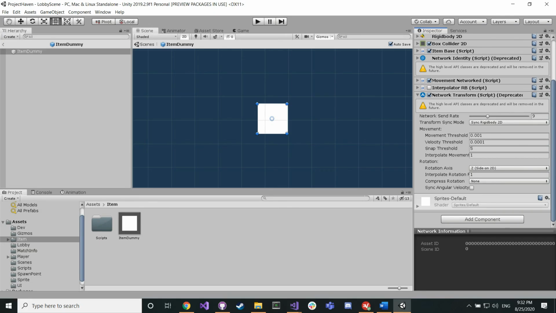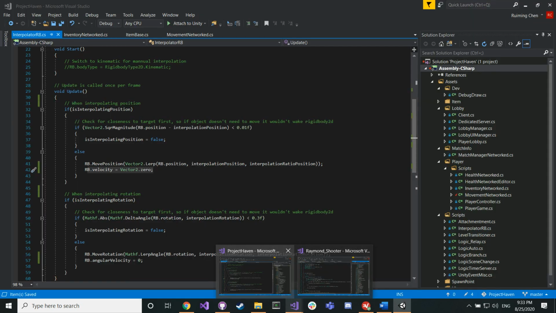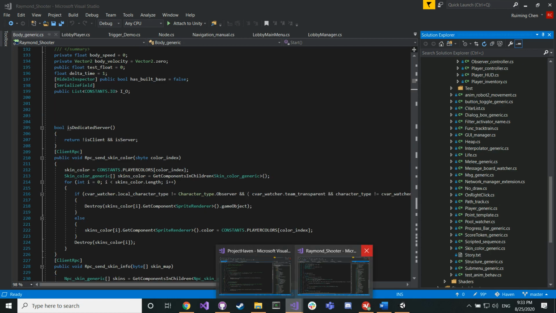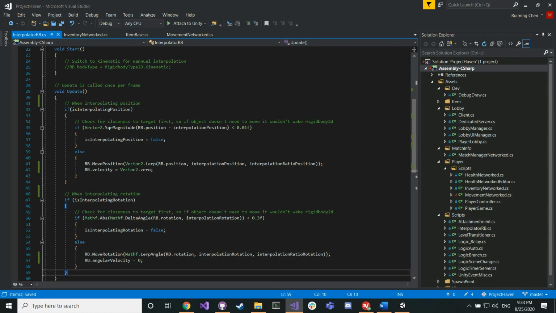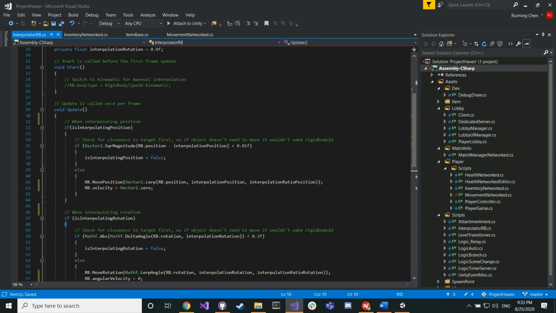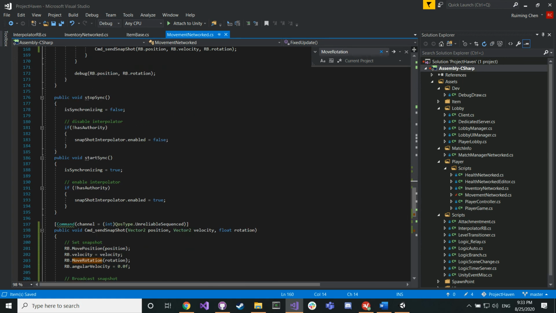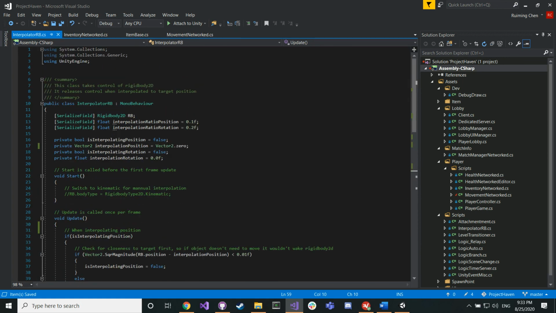I'm thinking maybe we should, because for the weapon there still is a non-circular collider. Can we just do the angular interpolation, but remove the... I believe we can. Yeah, we just add a